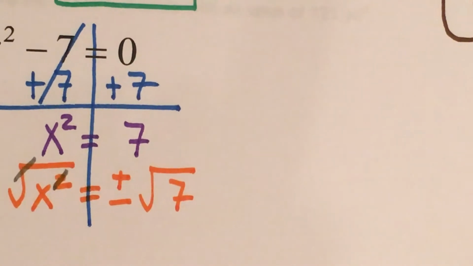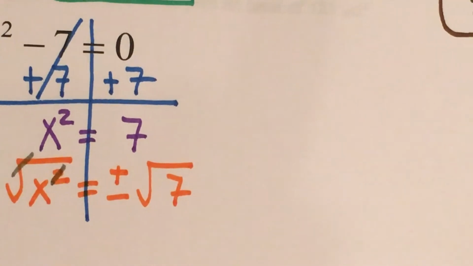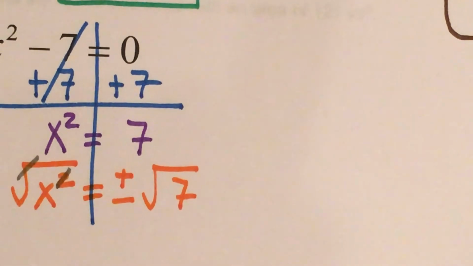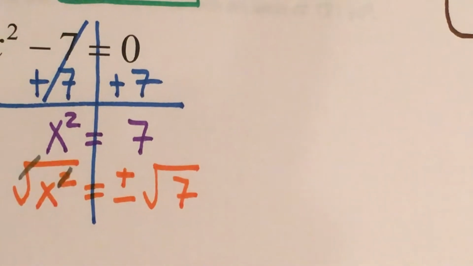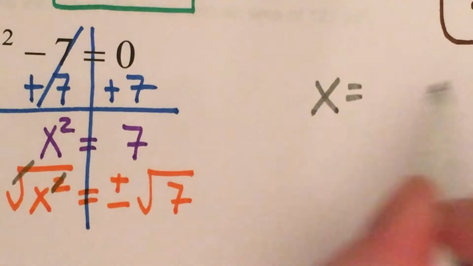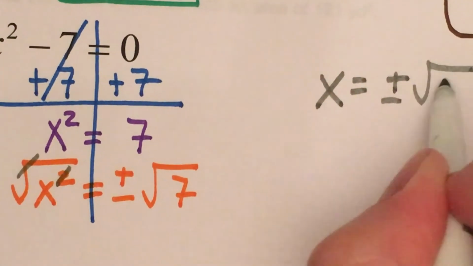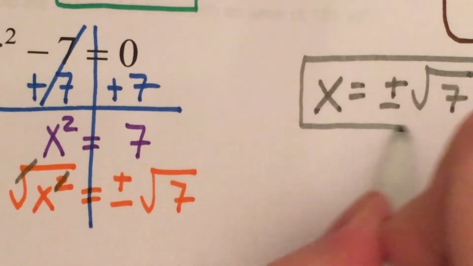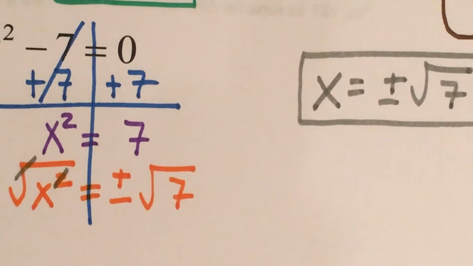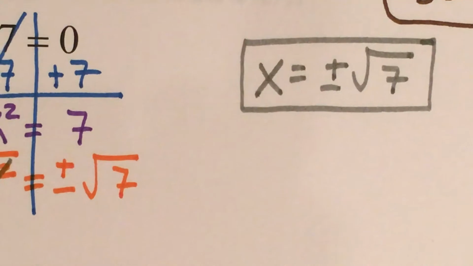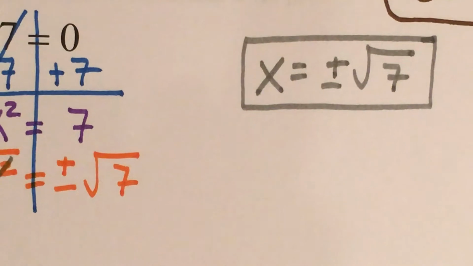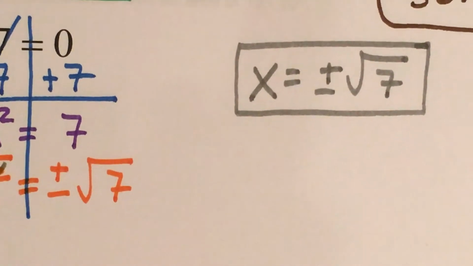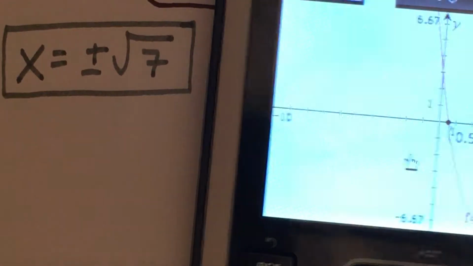Depending on who wrote your question and their specific instructions, also if this is an open-ended question versus a multiple choice question, they might stop right there with positive and negative square root of 7. And truthfully, that is the most correct possible solution. But they also might say that they want you to get that in its decimal version, which is just fine and very easy to do. You just bring out your calculator,